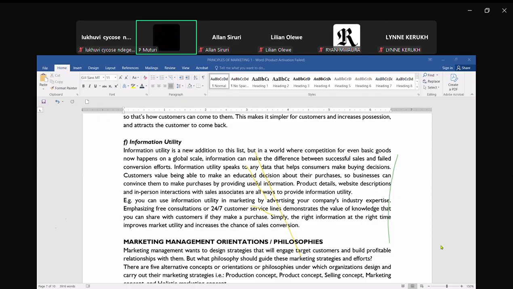So availing information that will make customers be able to make informed decisions. For instance, telling them about how the product works. There's some products you buy and you need to know how it works. Directions for use. In a lot of products, you'll find they have put in the package directions for how to use the product, the ingredients in that product. So it's about giving information utility. So you can use information utility